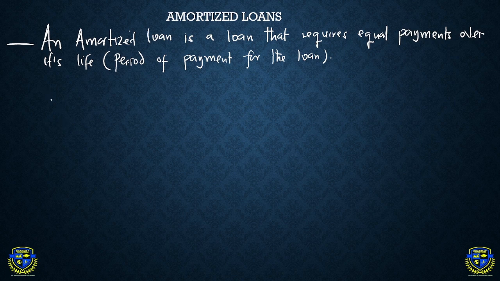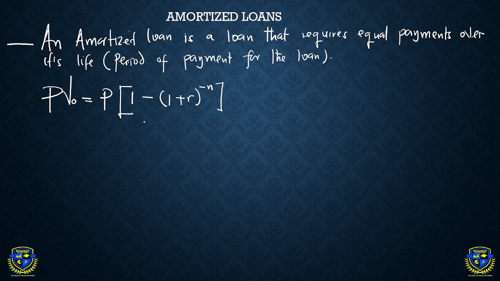So we had said that the present value of an ordinary annuity is equal to P, open brackets, 1 minus the discounting factor to the power negative n, then you close the brackets, then